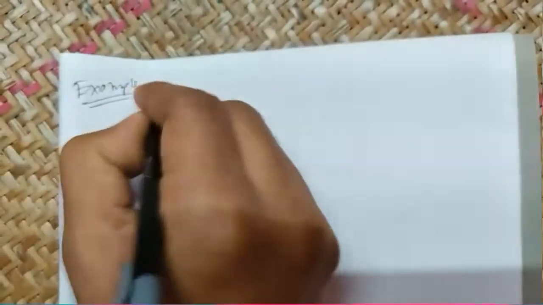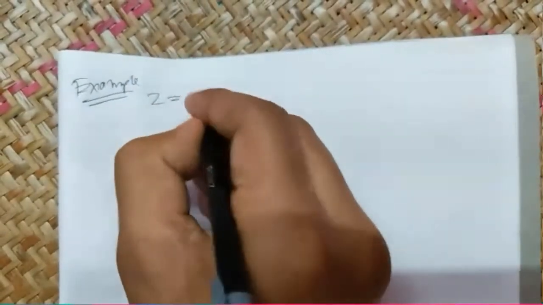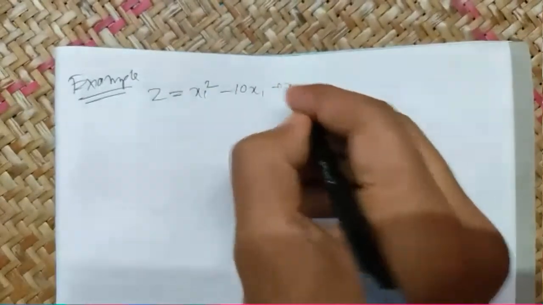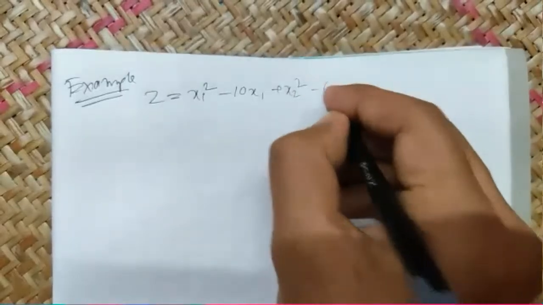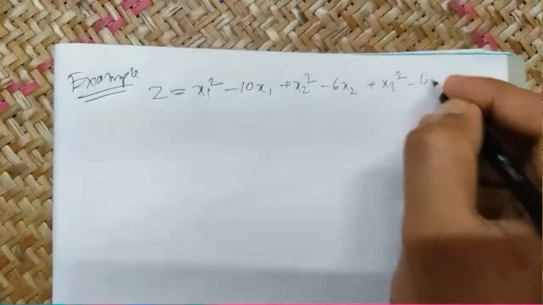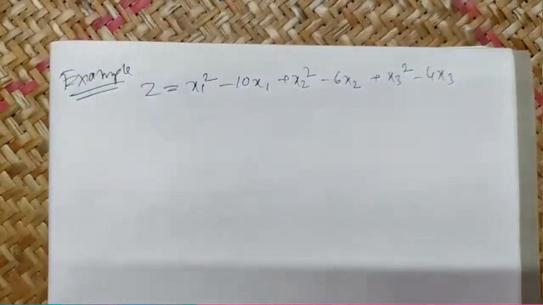Okay, so now the question is: optimize Z is equal to x1 square minus 10x1 plus x2 square minus 6x2 plus x3 square minus 4x3, and subject to